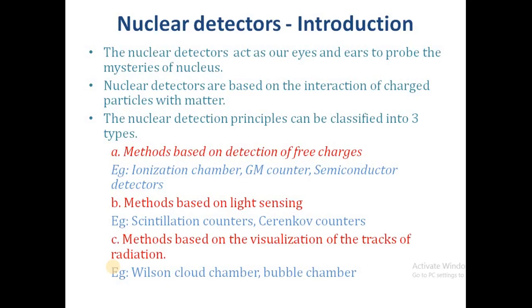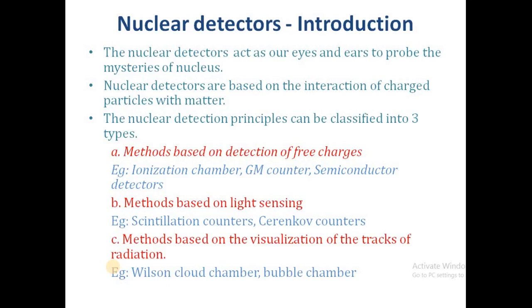In the field of nuclear instruments, a nuclear detector is a device which converts the energy of the nuclear particle or radiation into a usable electric signal. An ideal detector would be able to differentiate between various types of radiation and particles and would give a signal which is proportional to their energy.